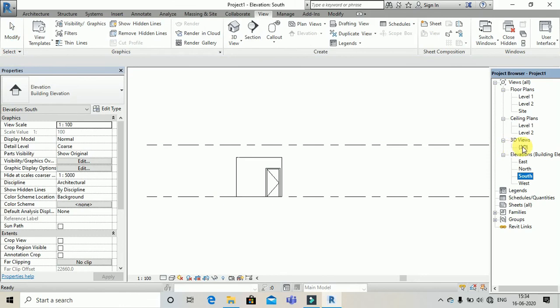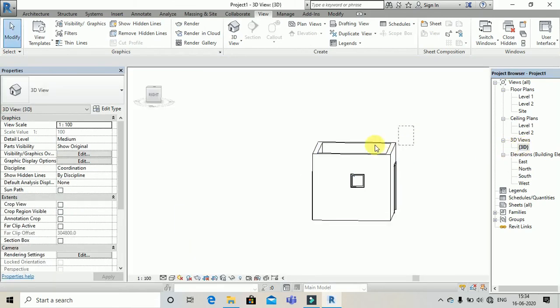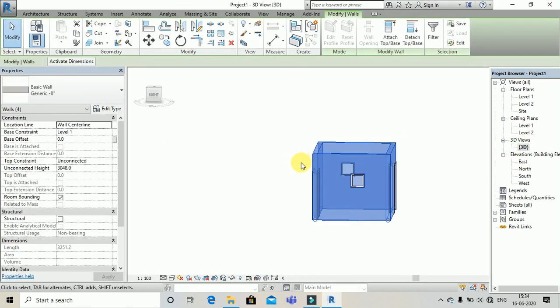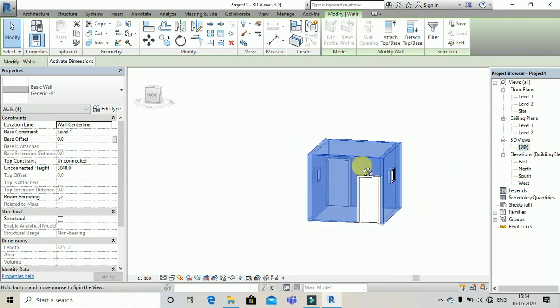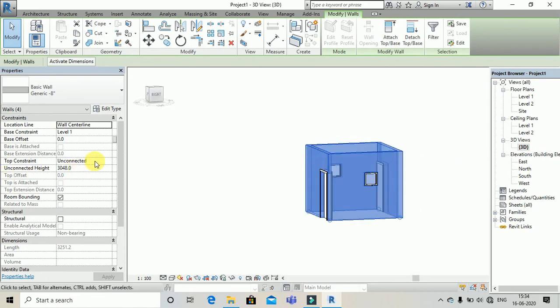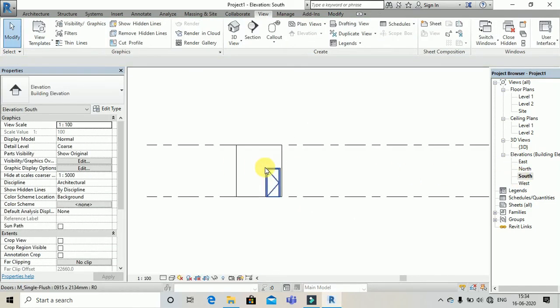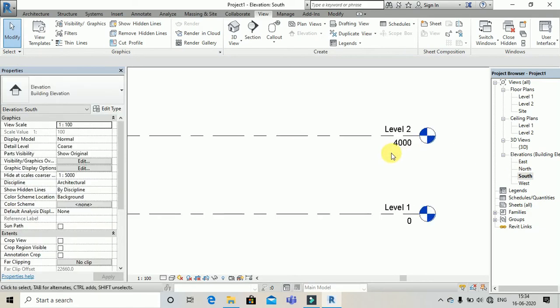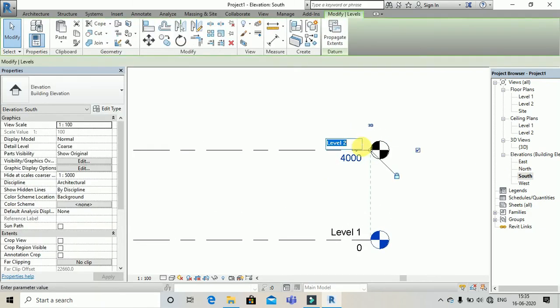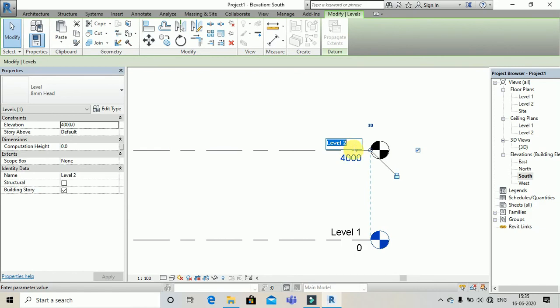You have to go to 3D view, select the walls, and in the properties toolbar, go to quick properties and change this height from unconnected to level 2. Now you go to elevation view. You see, now all the room walls' height is changed to level 2.